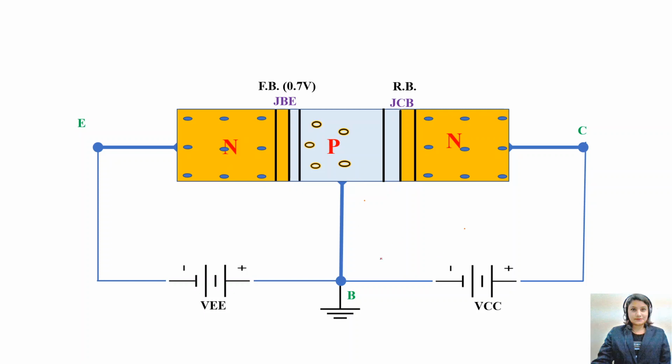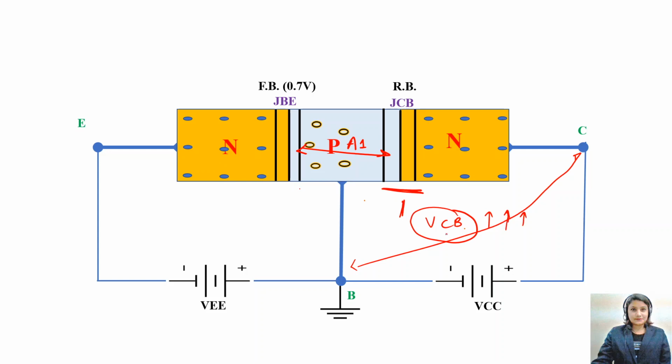can I say when VCB voltage was applied, the initial depletion region was like this only, a very small depletion region, right? So can you see here the width of this? I can show here. This is the width of the base region A1, right? Now, these are the initial conditions. Now if I go on increasing this VCB,